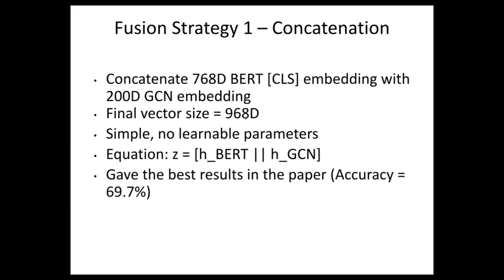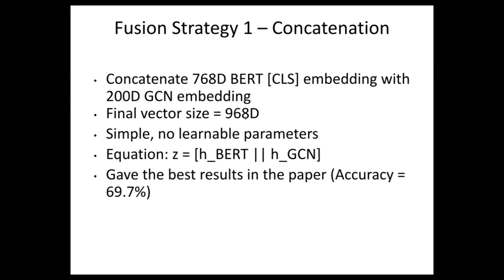Moving to the next slide. So now we have seen the embeddings, both from DistilBERT and the GCN. The next part is how we can effectively combine the embeddings. We did three experiments in this research, and the first one is simple concatenation. Here we take the CLS token output from DistilBERT, which is a 768-dimensional vector, and concatenate it with the 200-dimensional embedding vector obtained from the GCN. This gives us the final fused representation of 968 dimensions.